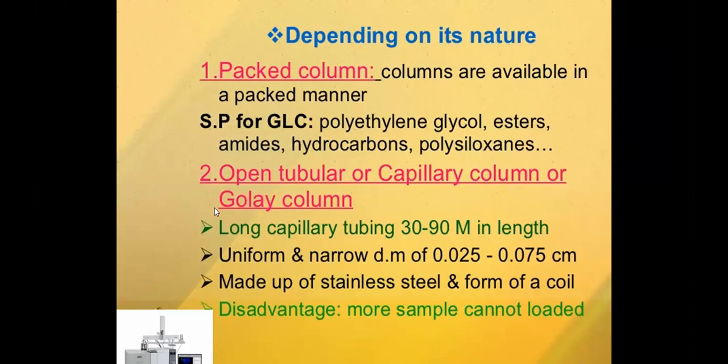Depending upon the design, the columns are classified, and one is the packed column, that is, the columns are available in a packed manner. Again, this depends upon the stationary phase, maybe GSC, gas solid chromatography, or GLC, gas liquid chromatography. For solid chromatography, different types of adsorbents are available. Even for liquid chromatography, for example, polyethylene glycols, esters, some amides, hydrocarbons, and polysiloxane materials are used for the preparation of